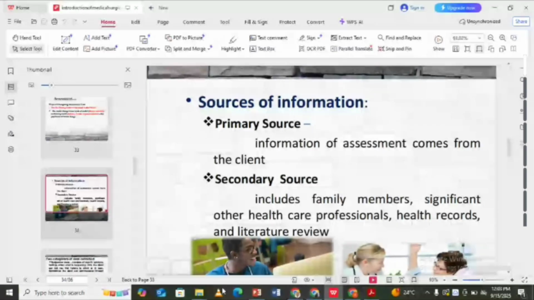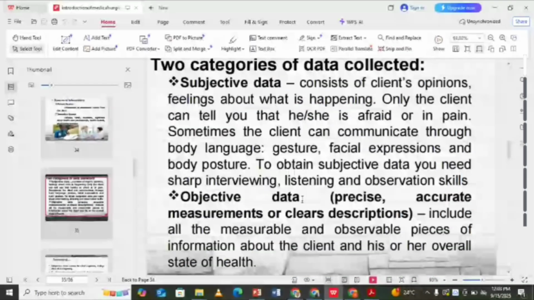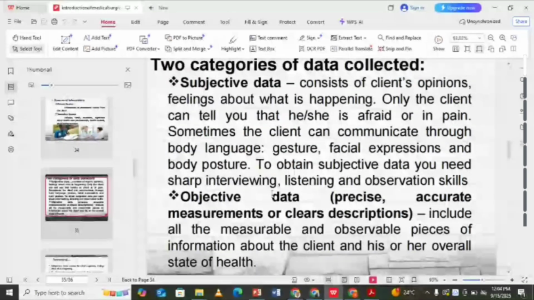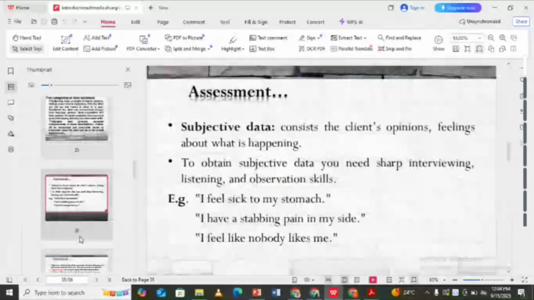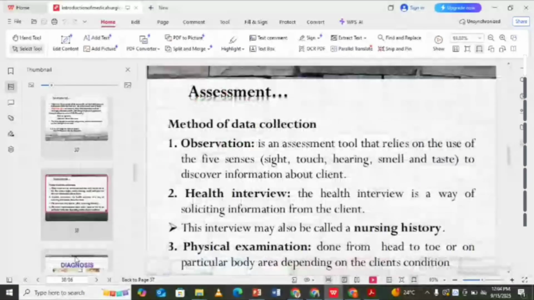Primary sources of information come from the patient, secondary sources from other people. The two categories of data are the subjective and objective data. Subjective is the patient's opinion, their feelings about what's happening to them. Objective is those measurable and observable pieces of information that will give you information about the health of the patient. These are things that you people have done, so I don't have to really talk about that. Methods of data collection: observation,